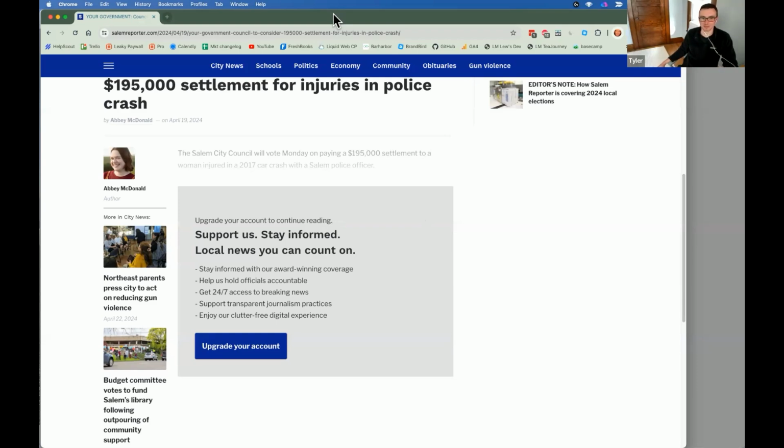preferred method. I see a lot of publishers. I don't know if this is a trend, but you try to read content and there's a pop-up and then it redirects you to the homepage. I don't know what's happening or why publishers are doing that. That often happens with national or Metro papers. I don't want to call out the Metro paper that does this, but I don't understand the logic behind it. It's a very hard paywall. There's no email capture. I'd be happy to give an email and sign up for free to read that article and at least get acclimated to the content a little bit before I just hand over $25 or whatever the